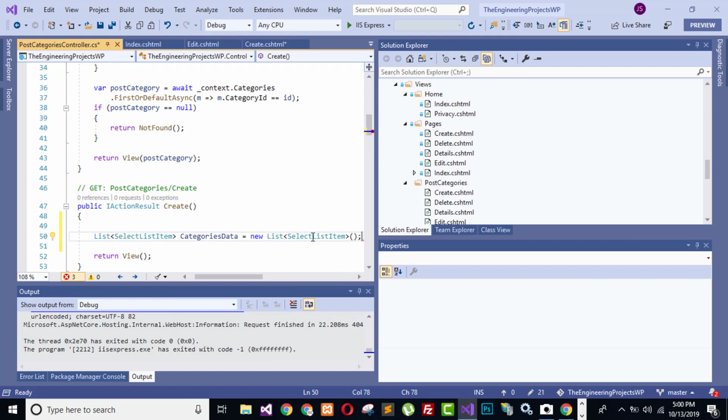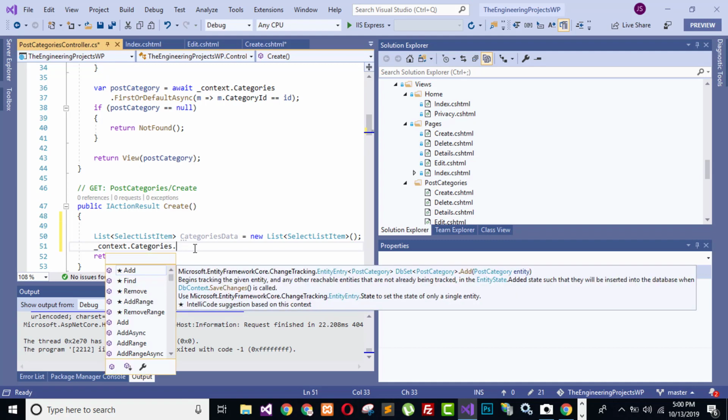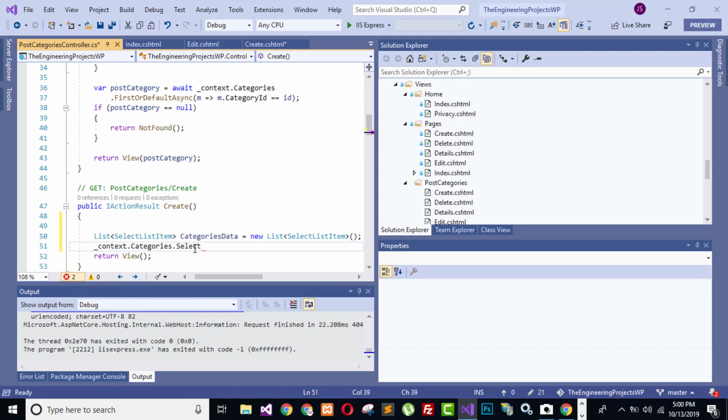Now we need to populate this information, and we can do that like this: context dot categories dot select, and select it as new, or we can do ToList,